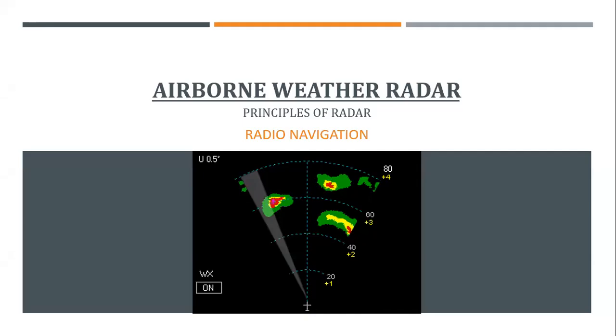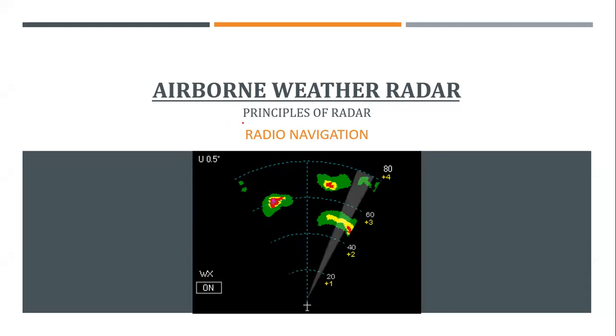Start with the types and the applications. There were two types of basic radars: one is your primary, the second is the secondary itself. Now we see the primary radar has a direct application on the aircraft, which was known as the airborne weather radar. With the full form itself, you should understand that its usage is to depict the weather. We'll see how. This is how, in the cockpit, the display is given to the pilot.